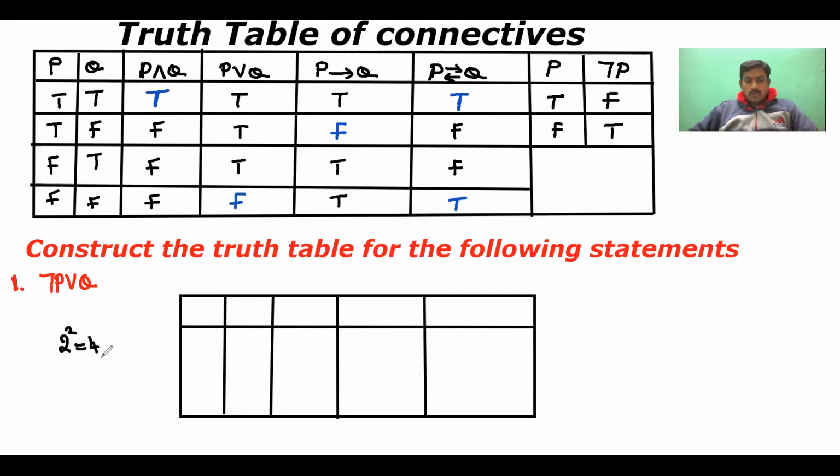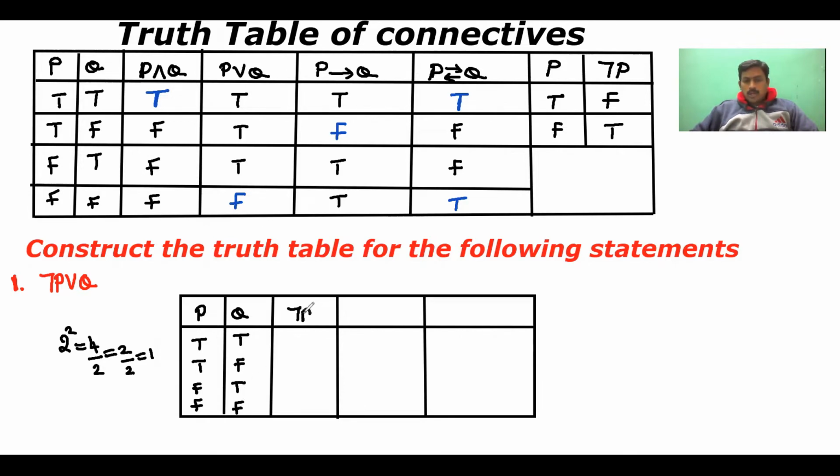Four combinations we have to write. So we know how to write the four combinations. First we have to write 2 T's and 2 F's. Divide by 2 and you are getting 2, so we have to write 2 combinations. Then divide this by 2, you will get the result as 1. We have to write alternate combinations T, F, T, F.